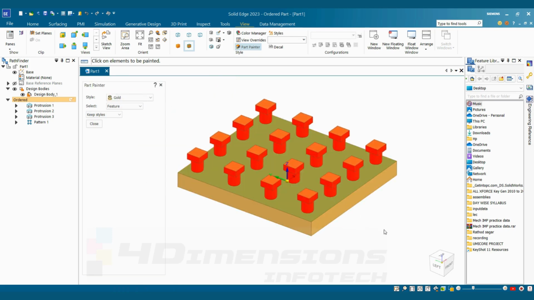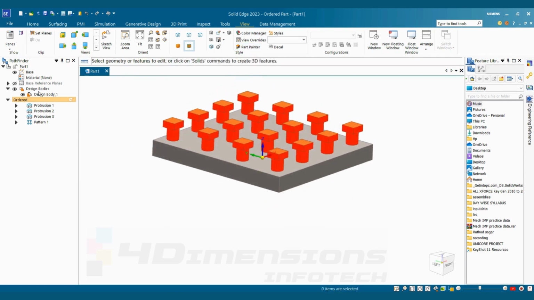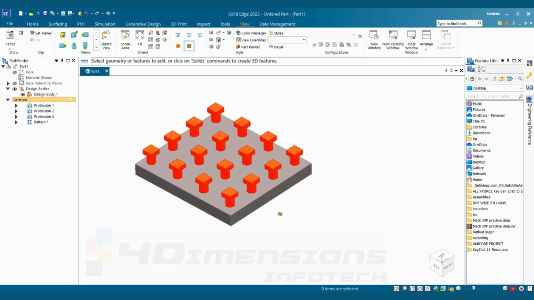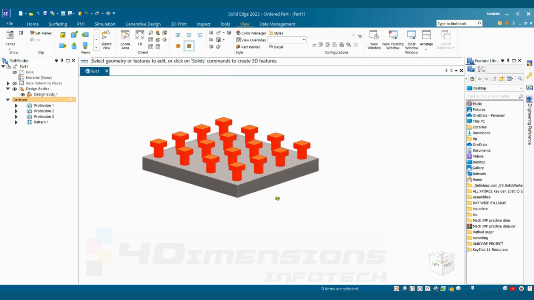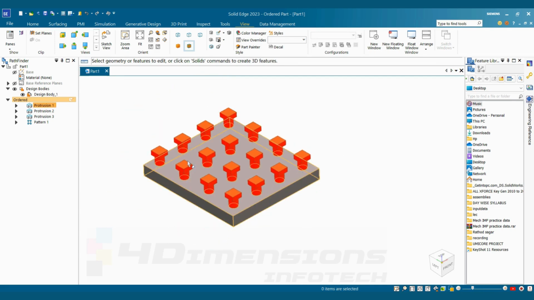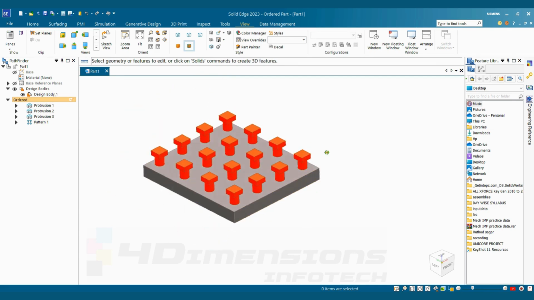You can see here that particular appearance has been applied. If you want to hide the UCS also, we can hide the UCS here. So in this way you can make pattern here, rectangular pattern. Suppose if you want to edit the number of features in x and y direction, or edit the feature here,